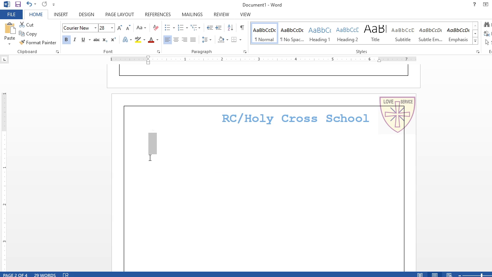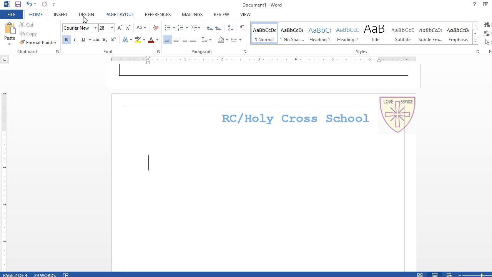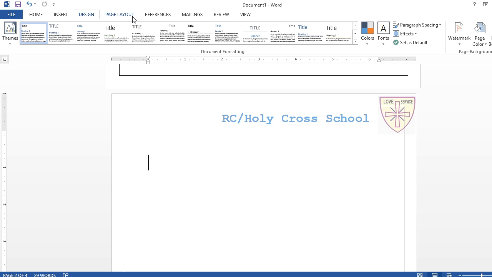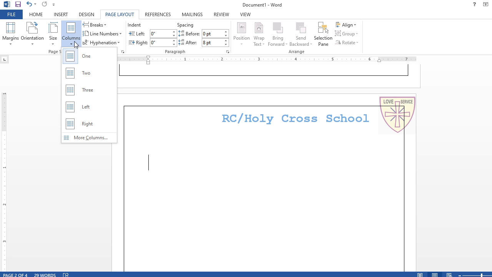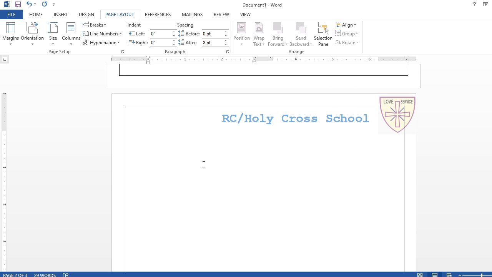So I am going to click the cursor here, then I am going here insert, where is that column, let me check it out, yeah, page layout column. We are not going to click here, we are going to click here, more column. See this one carefully, two column I'm writing here, and it says apply to this section, this point forward or whole document. Whole document will come by default, understand? So I'm going to choose this point forward from where I had clicked here. From here now the status will be two column document. I'm going to show it to you.